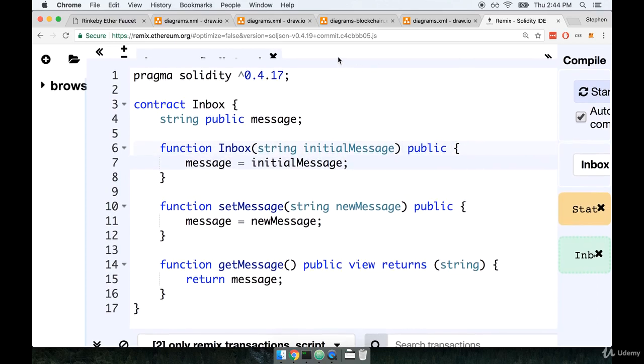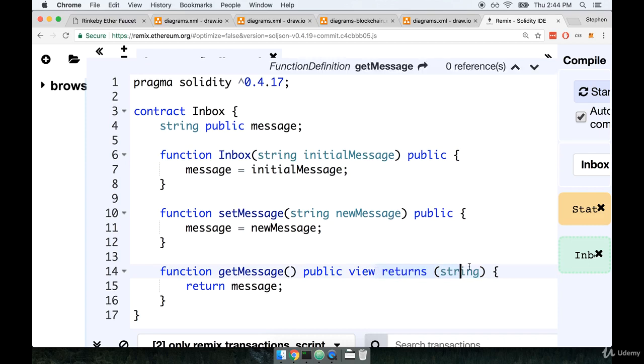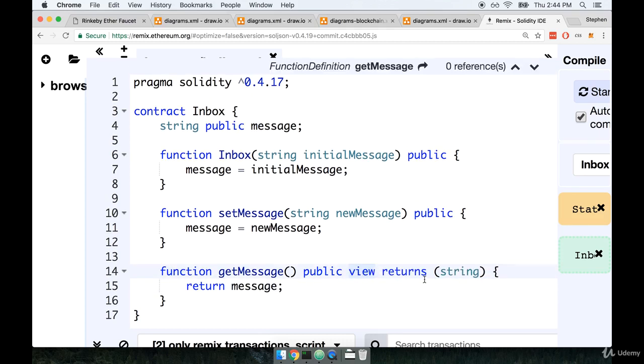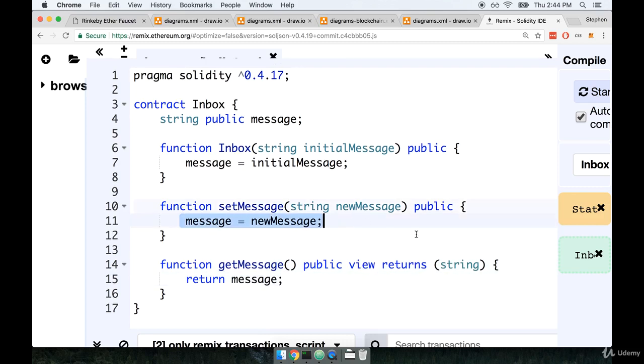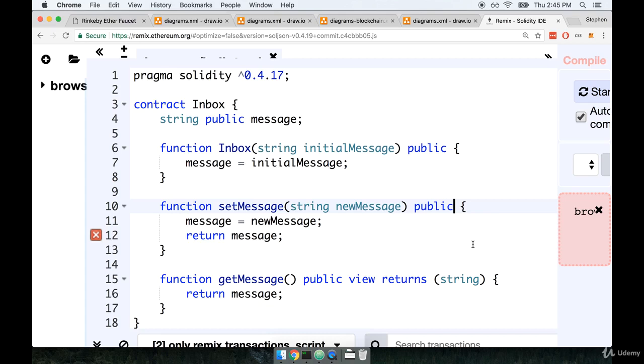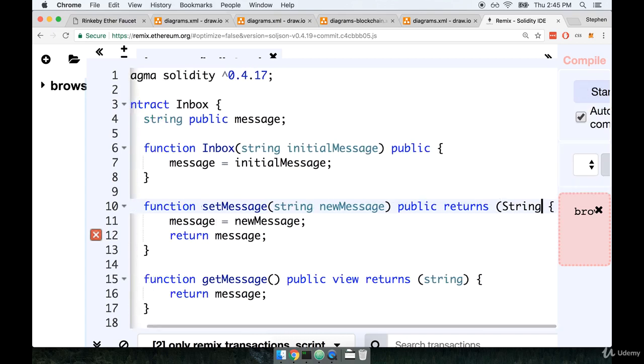Now the last thing I want to point out inside of here is the returns keyword down on the getMessage function. Returns is used to specify the type of return value that we can expect to see back from a function. Returns is only ever going to be used on functions that are marked as view or constant. So if a function is meant to modify the state of the contract, a function that modifies the state of the contract will not return any values. Now to be clear, we can attempt to return a value. So if I say return message and then returns string,